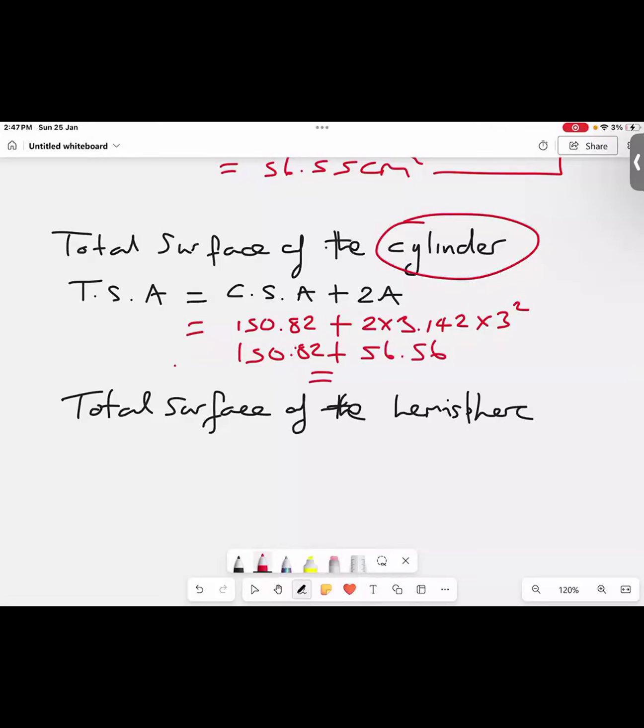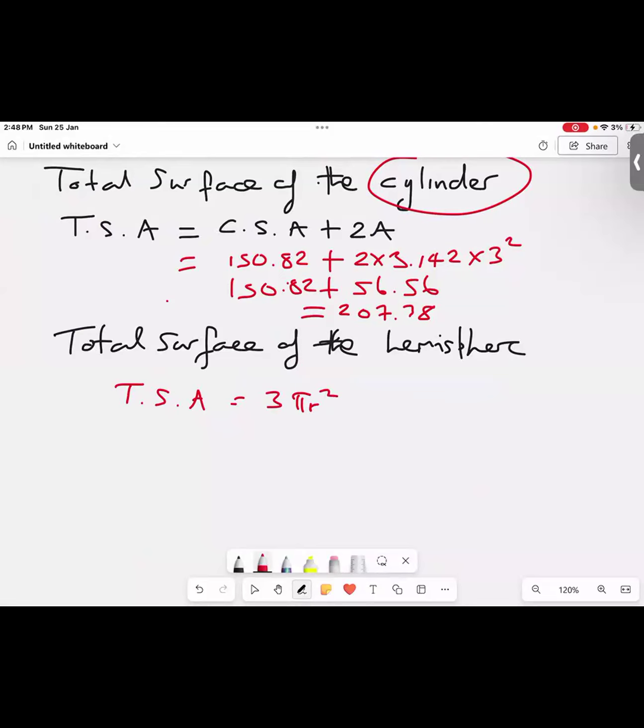We need to find the total surface area of the hemisphere. And so the total surface area of a hemisphere is equal to 3 pi r squared. Now, I don't want you guys to get scared, because you're probably saying to yourself, oh my God, there are so many formulas, there's so much stuff. These things will come with time. And you may or may not see these. It just so happens that I met the question, I placed it on the practice paper, and we'll just work it as we go along.